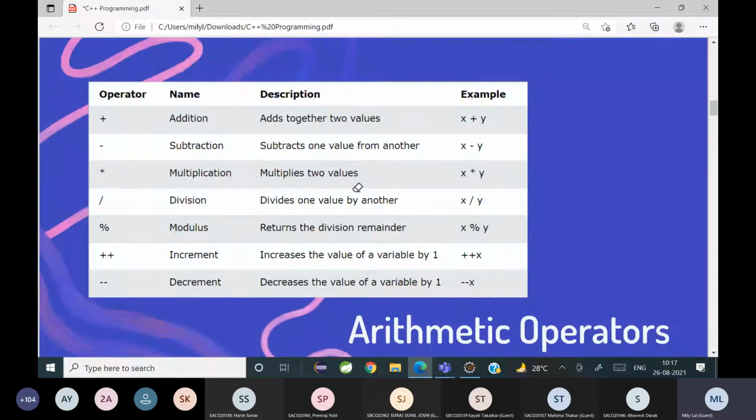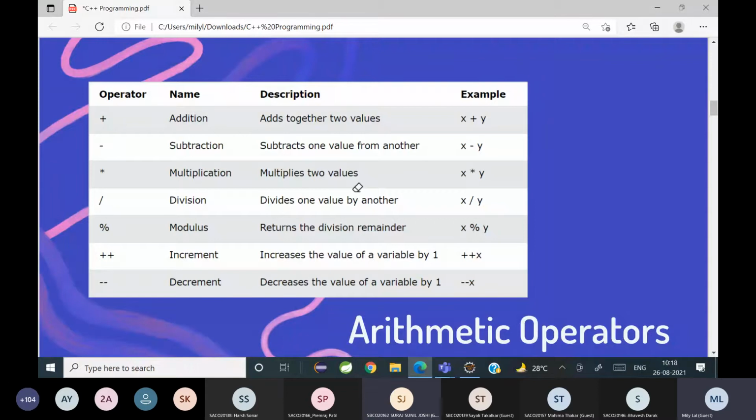Take the example of increment. Pre-increment operator first increments the value by 1 and then performs the necessary operations, whereas post-increment first performs the operations and then increments the value by 1.